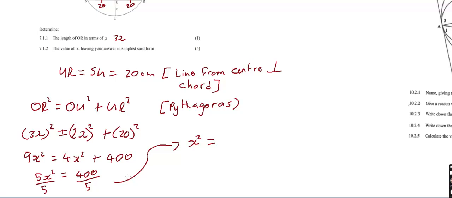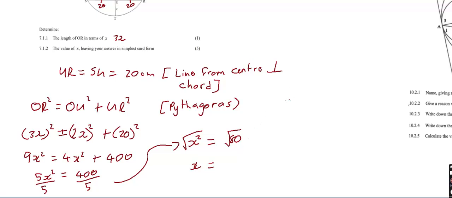What is that? 20 divided by 5 would have been 4. Okay, 400 divided by 5 should be 80. And then if you take the square root, it's a plus or minus, but we will obviously take the positive square root of 80, and that should give us, let's see,